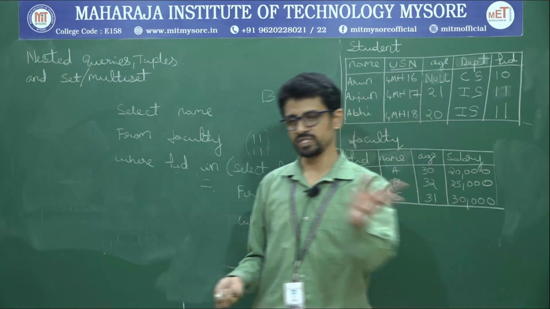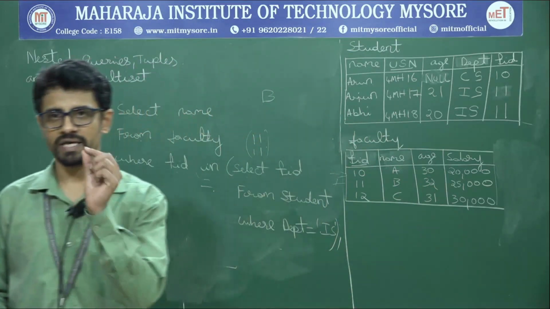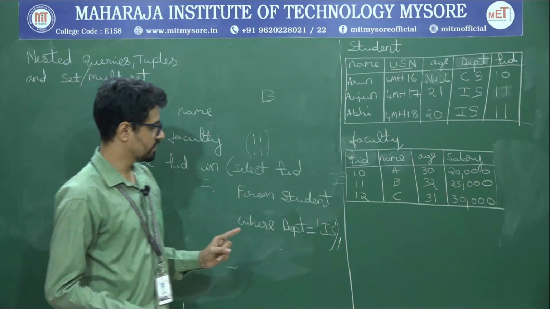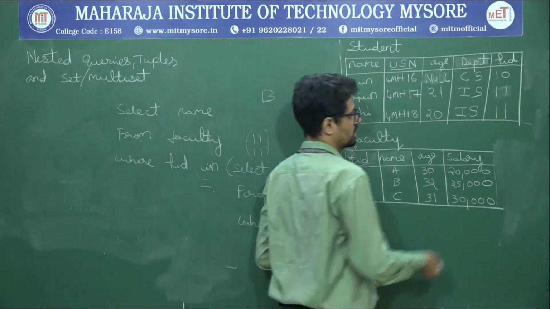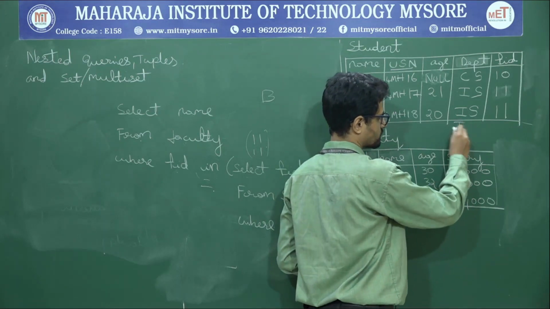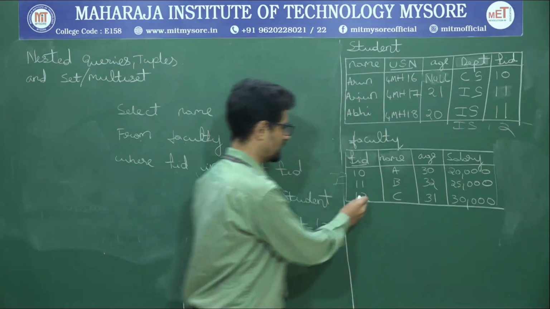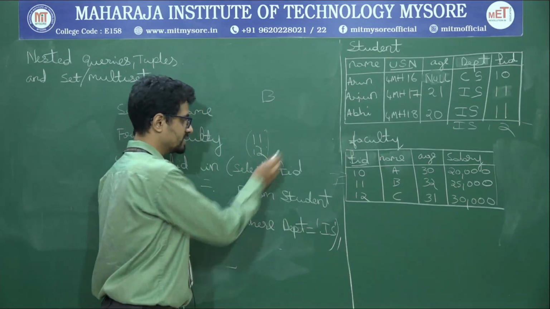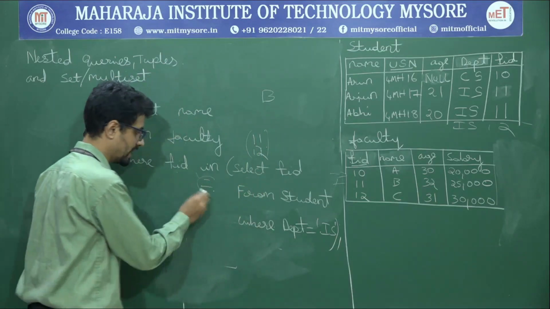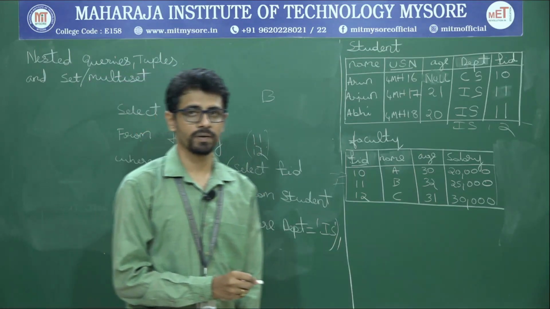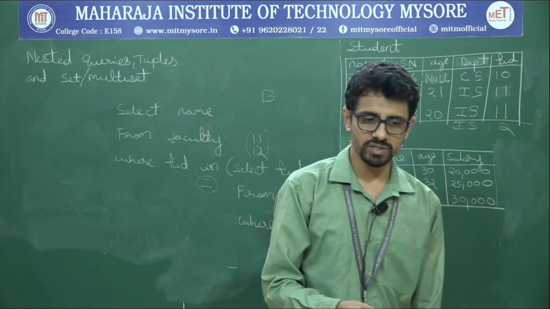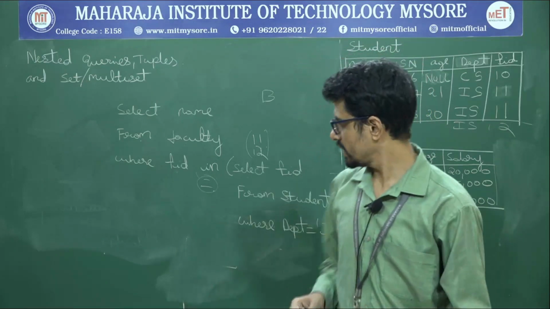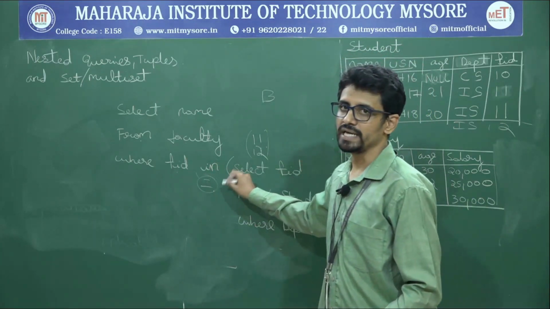So when I have an in operator, I can check with multiple values. When you have equality, you can check only with one value. Say for example, right now assume that there is one more, E is also working in 12, as we have 12 here. So in that case the output will be 11 and 12, right? Now it's multiple values, so at that time I cannot use the equality operator. Hope it is clear now, because the inner query cannot be compared with the outer query with the equal condition. There are multiple values.